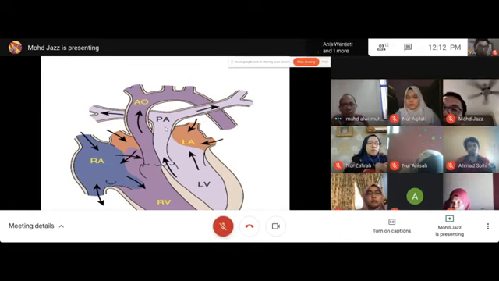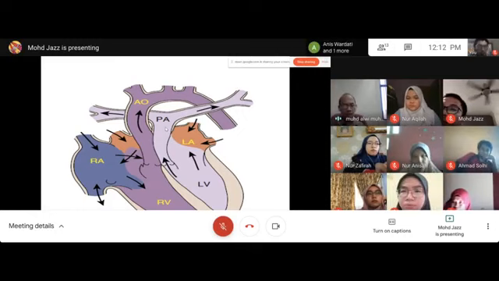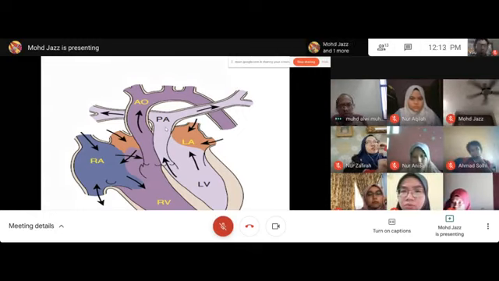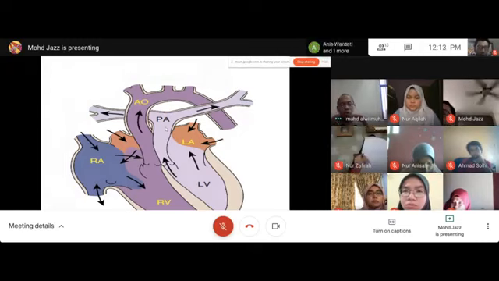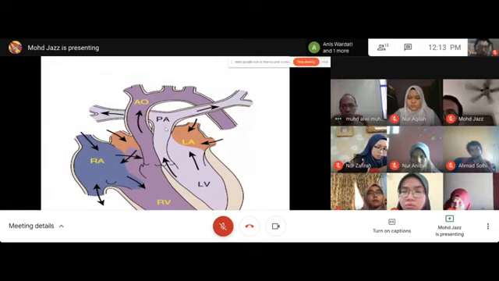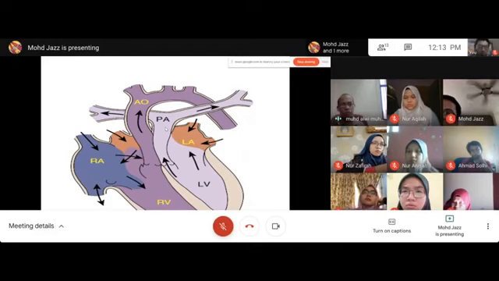Okay, the RV on the other hand is a very weak muscle, but it has to push against the systemic circulation, which has very high resistance. But it cannot hypertrophy much because its amount of muscle is not much. So after a long time it will fail. So the first failure that occurs in TGA if not corrected,